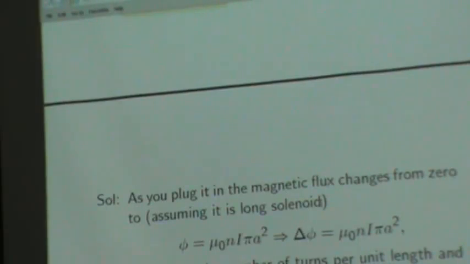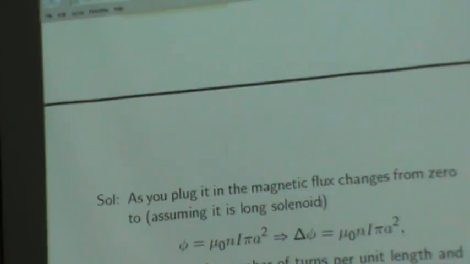Flux should be equal to the integral of B dot dA. If we simplify and assume it's a long solenoid, how do you express the magnetic field? For a long solenoid, B is mu naught n, where n is the number of turns per unit length, times whatever current is flowing in